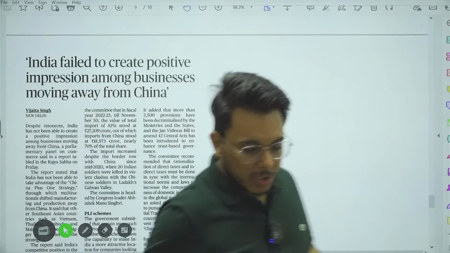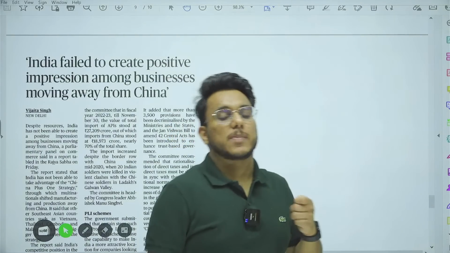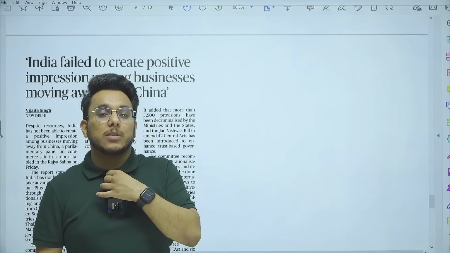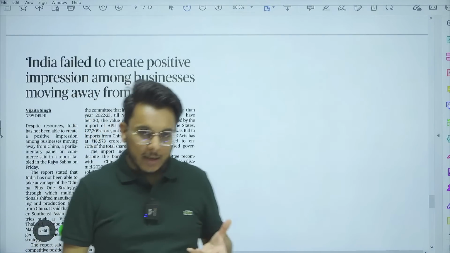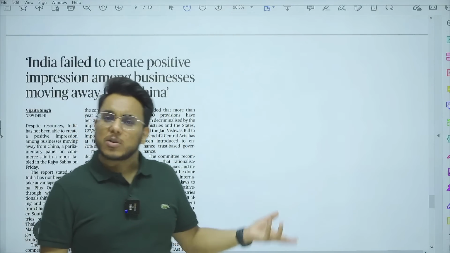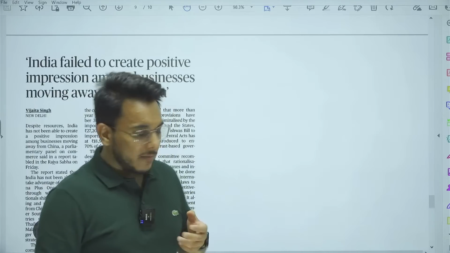Why ED is not a constitutional body? See, constitutional bodies specifically are only those bodies whose mention is there in the Constitution of India. So just ED is not mentioned in the Constitution, it's not a constitutional body. Fine. Then